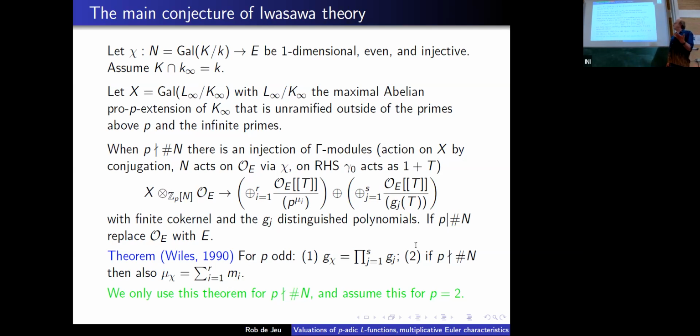So the Galois group L infinity over K infinity is the one that one really studies in, say, classical Iwasawa theory. I should also say there are two ways of formulating this. I've taken away the easy one, because I am going to look at extensions that are unramified outside P and the infinite primes. You can also take a dual version, in which case the parity of your chi has to change from even to odd. You get a twist of the cyclotomic character to the power -1, I think. And in that case, you consider only unramified extensions. And then again, this one seems to be a little easier to handle than the other one,